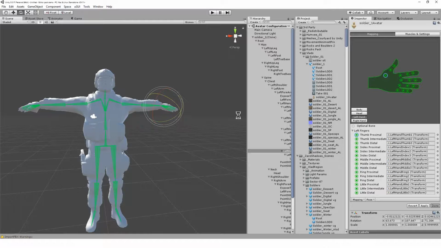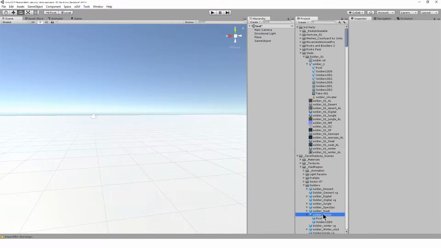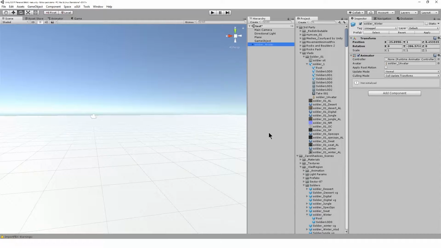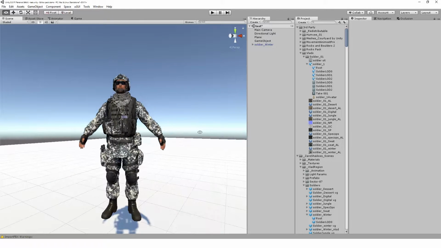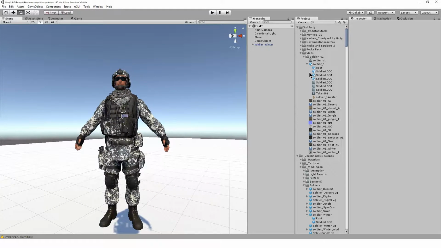If you are using a model from the Asset Store, you will probably have a prefab as well as the underlying FBX model in the pack you bought. Drag the prefab into the scene. You need to make sure the Apply Root Motion tick box is unchecked. If it's grayed out, drag the asset in your scene back into a folder in your project and it will create a new prefab and you will be able to untick Apply Root Motion. That's all you need to do in order to prepare your model to be used as a full body replacement